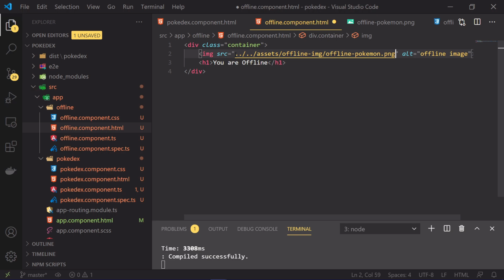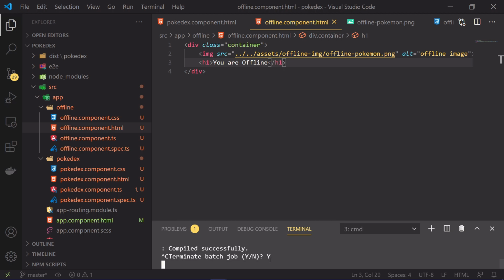Cool, so I have added the asset, and this has offline-image. I have one thing to show about this image asset. Probably this will not load when I go offline. Let's check it out and see why that happens.